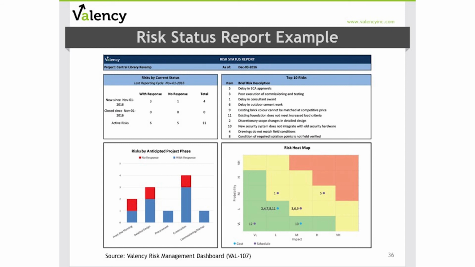If your team is currently in front-end planning and you've identified a number of risks, it may be reasonable to develop risk responses for those that will occur in front-end planning and potentially into detailed design, but you may have to wait until you have more information to address the remaining risks out here in the construction phase. And finally, the heat map graphically depicts how these risks are distributed based on both probability and impact. Very quickly, your entire team can see that addressing risk number 5, which related back to a delay in environmental approvals, is by far the biggest risk that the team can address.